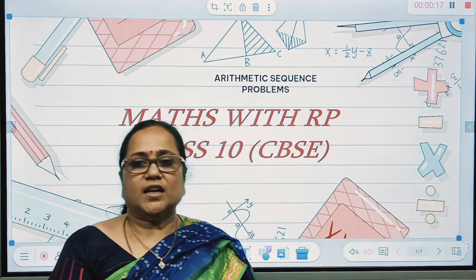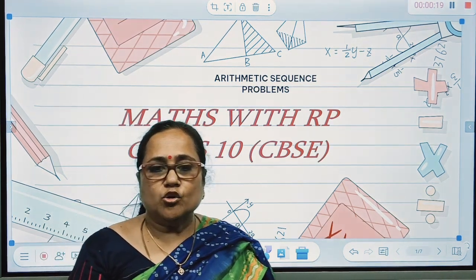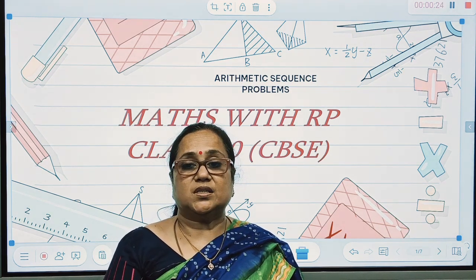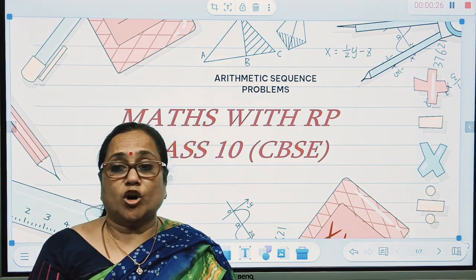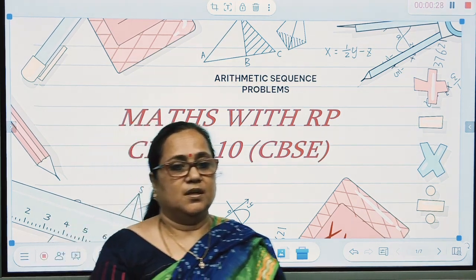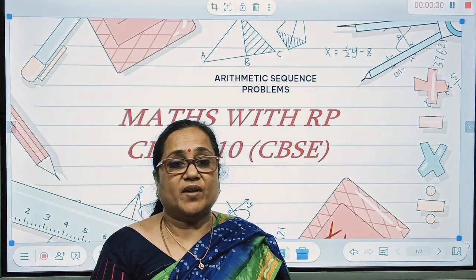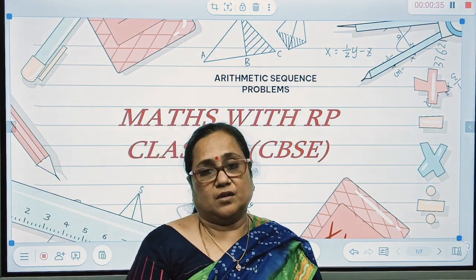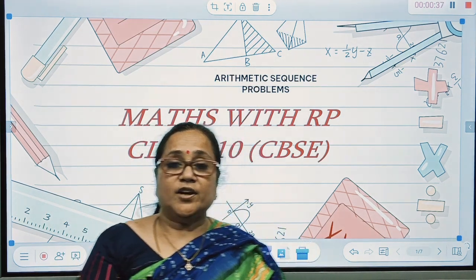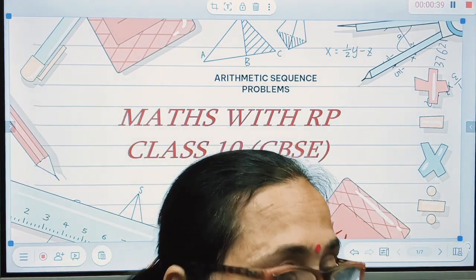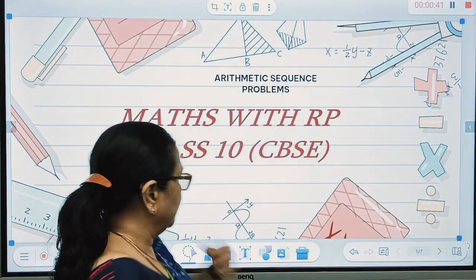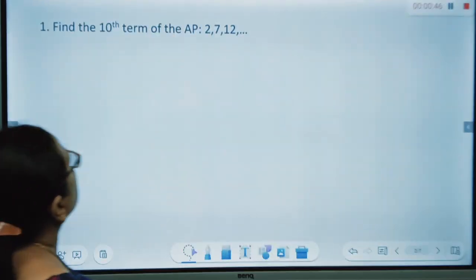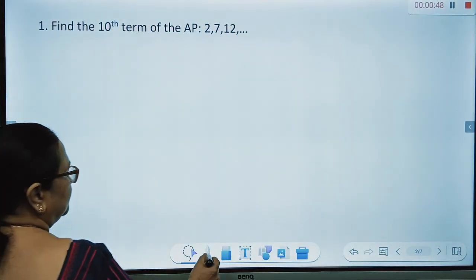In the class 10 curriculum, we have introduced what is an arithmetic progression. We saw what are sequences, and then we saw what do you mean by an arithmetic sequence. An arithmetic sequence is a sequence where every term is obtained by adding a constant to the previous term. Then we also derived the nth term and sum of n terms of an AP. So just recall